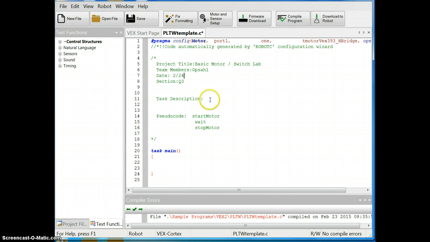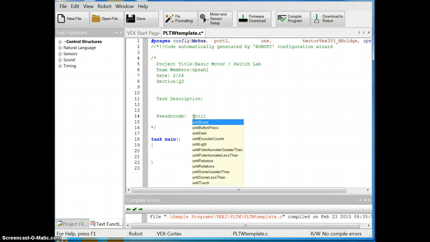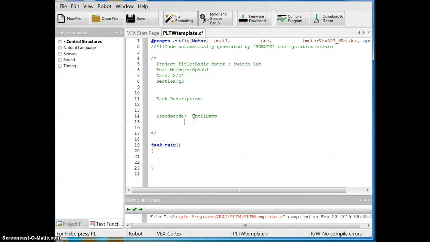So you copy and paste that here. My pseudocode is going to be a little bit different. I need to have an until bump that turns the motors on. So that until bump will trigger the start motor code line, and then it says to run continually